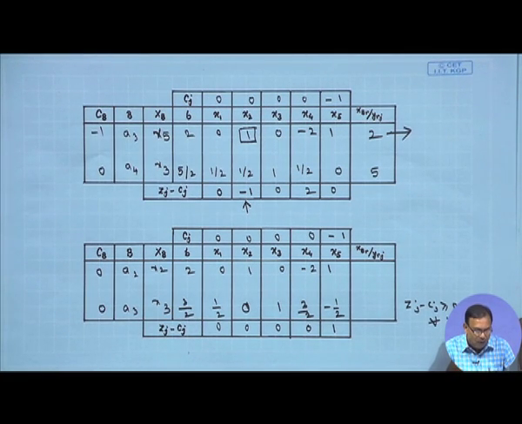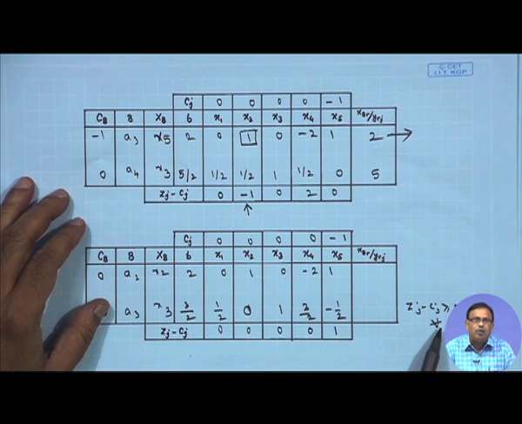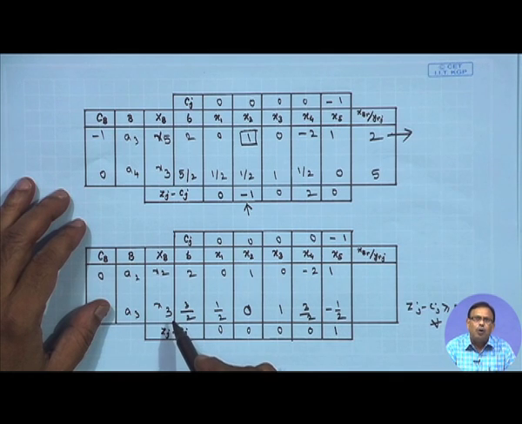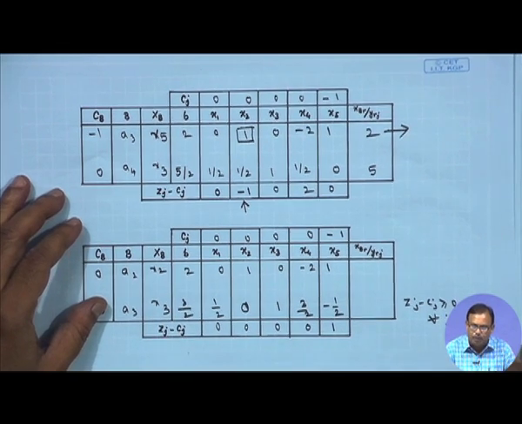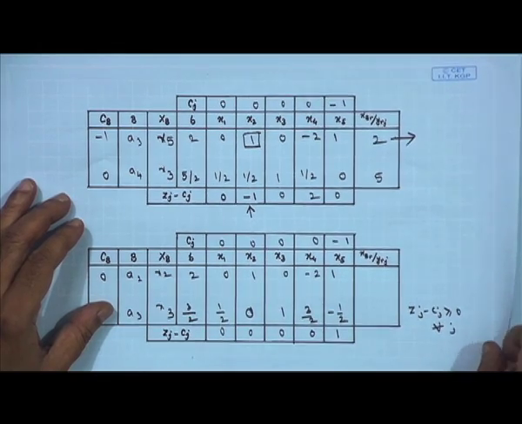So what we are finding now is zj minus cj is greater than or equal to 0, and if you see the basis, the variables are x2 and x3. No artificial variable x5 is present in the basis. So therefore we must obtain some solution for this, and we will go to phase 2.